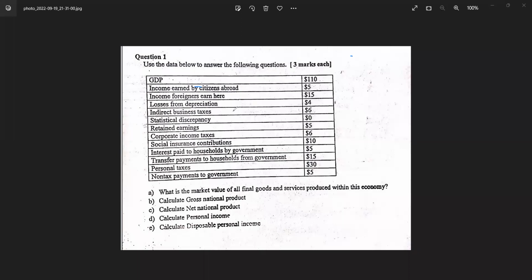Come again. Personal income equals national income minus corporate tax income minus retained earnings. In the question, did they give us